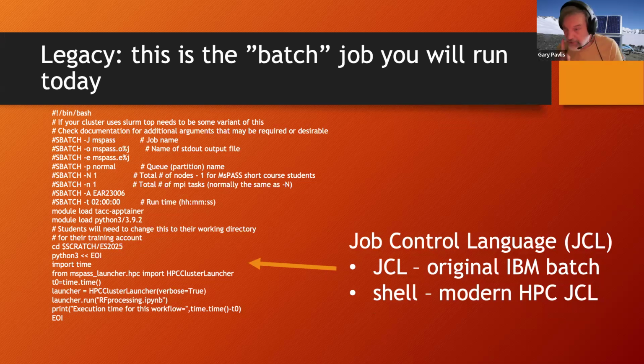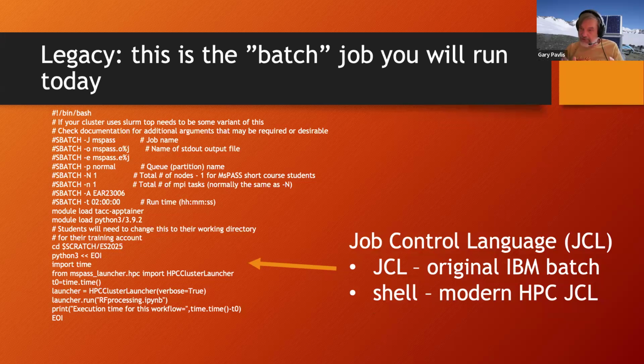It's actually the whole basis of all programming, right? But there are no loops in this language. In the original language of cards, it was always sequential. It's like you had to write it in one line, and that was it. There wasn't such a thing as a loop. That's changed. But the concept of a job control language has not changed, has carried over into HPC systems. That everything you do on an HPC system